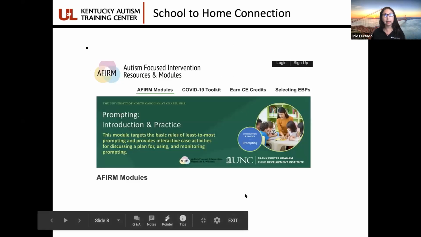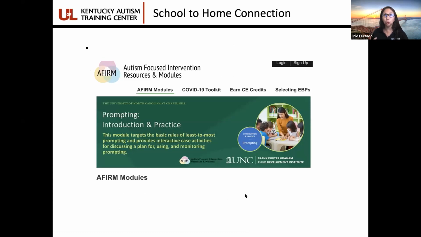So I'm talking about using the Student Center, PDFs, Zoom. You saw on the screen it said use the annotation or remote control, but this is all teaching, right? And at the very beginning, I told you that one of the goals of KATC, the Kentucky Autism Training Center that I represent, and one of the goals of this session is to promote evidence-based practices. And I shared how visually supported academics falls under the communication and AAC category and the visual supports category. Well, one of the places that you can go to learn more about all the teaching strategies that we know you will need to be using, and you can see an example right here on the screen, prompting, right? Like I said, that's an evidence-based practice, but we use it for all students,